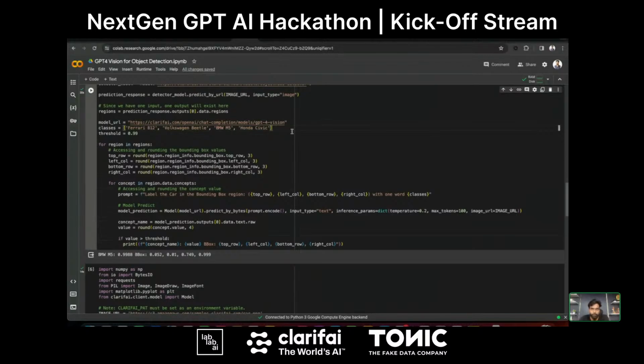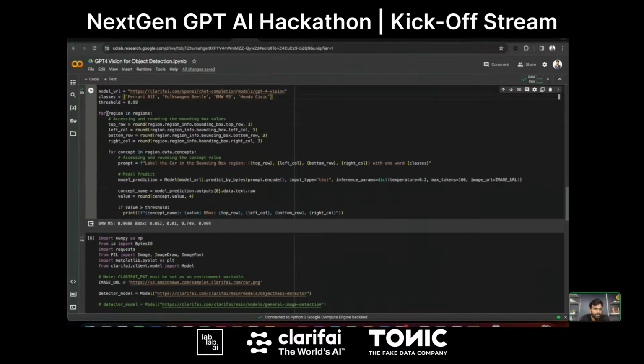But based on your use case, for example, if you're using the same kind of approach for detecting different food images, maybe you can pass those food classes here. Or if it is for identifying different animals or different objects, you can pass those different classes here. Currently, we are just dealing with car data: we have different car images and we need to label them. So based on my use case, I pass these classes.